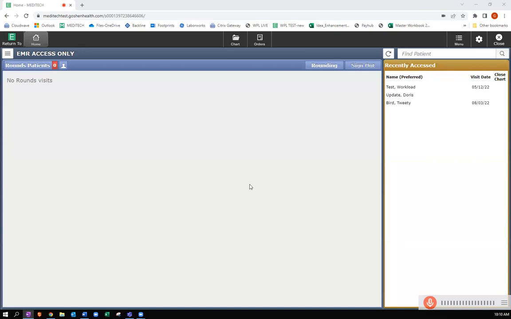This presentation will demonstrate the Meditech Expanse EMR for Goshen Health, including screens and functionality in place as of July 2022. Different users will access the chart through different methods. I'm emulating a type of user that has only EMR view access, so I will demonstrate 3 ways to find